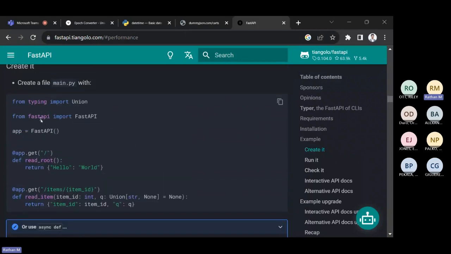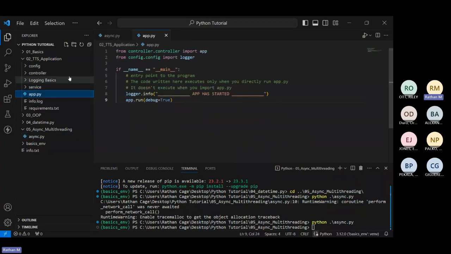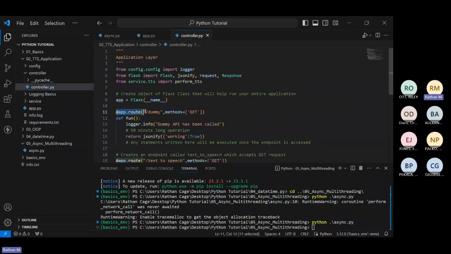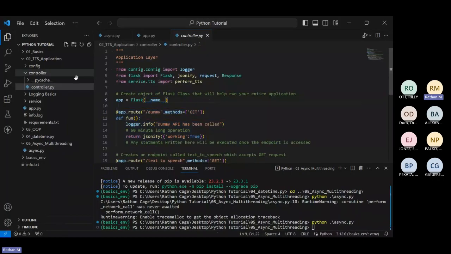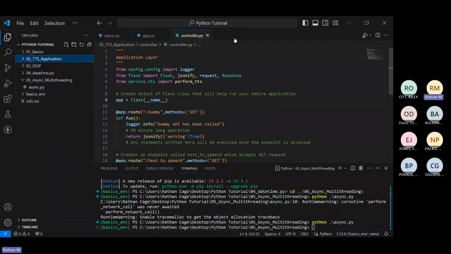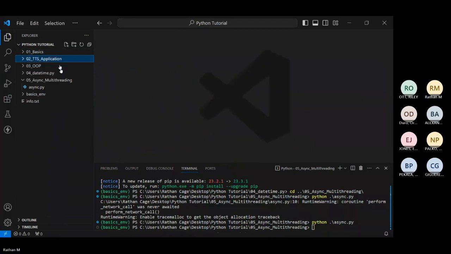You can see it is similar. We used from flask import Flask, here from fastapi import FastAPI. Then we use app equals Flask. Here they use app equals FastAPI, and the same thing. There is app.get. When you start to work on the app, we did it in the controller. You can see app.route and add a URL. Here it's app.get or app.post, whatever you want, you change it here itself. So there are slight differences, but the rest of the thing is pretty much the same. So if you want to learn FastAPI ahead because you already know Flask, it should be pretty easy to do that. Right, that's one thing. Let's move ahead from here.